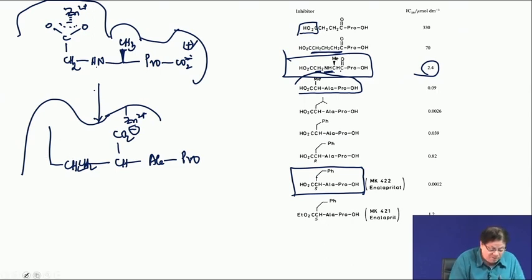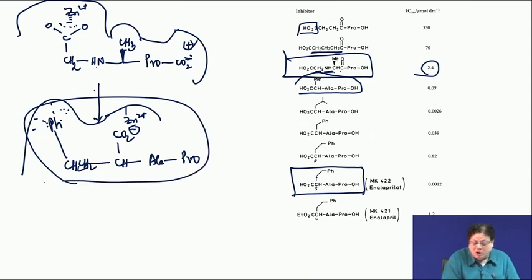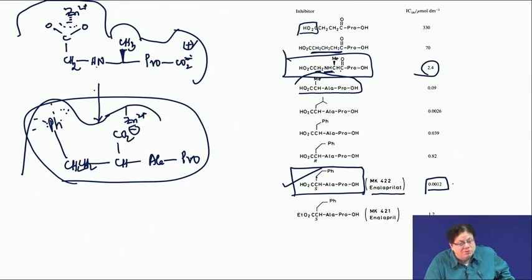So, I should write this way. Now there is a Ph here. They must have actually monitored it. This is a structure activity study. First they attached direct Ph, then they attached CH2 Ph, then they attached CH2CH2 Ph, and then found that this is the compound which has got, this is the same compound. This is what is called enalaprilat, which has an IC50 value of 0.0012. Okay. So, this ultimately became the drug.